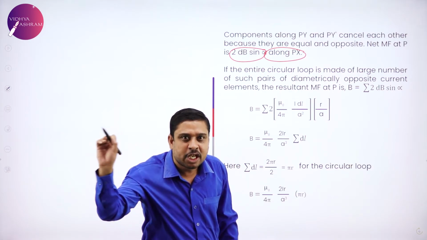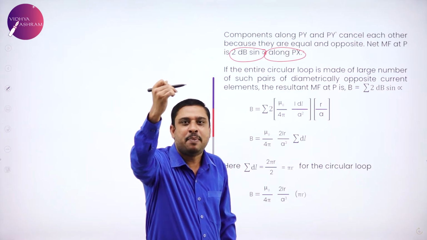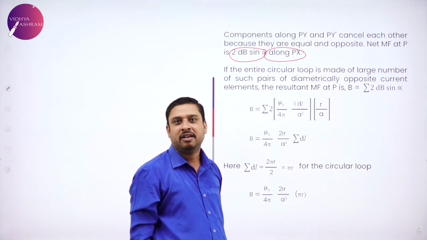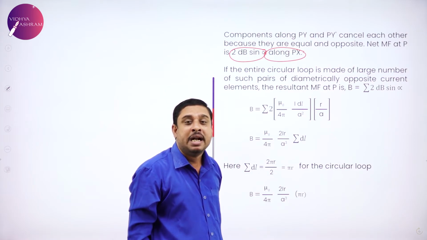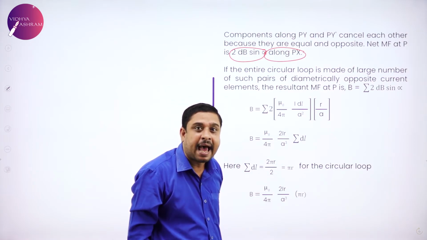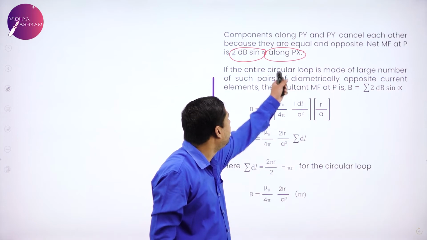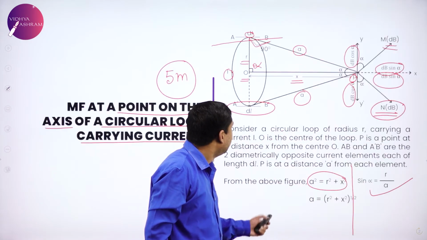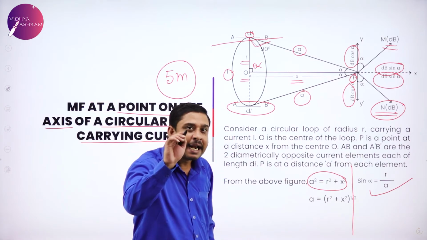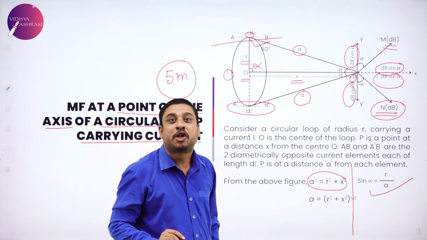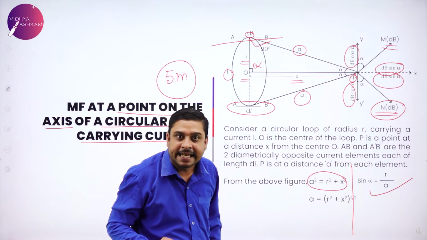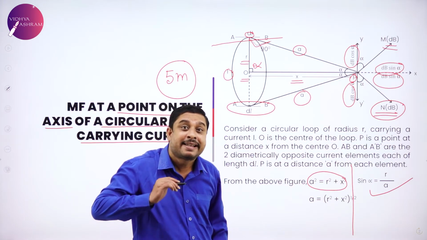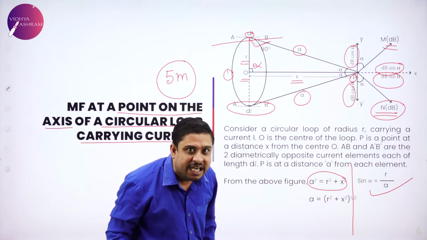In the direction Px, dB sin alpha plus dB sin alpha. So it was 2 dB sin alpha along Px. Now I have arrived at 2 dB sin alpha, which is the resultant magnetic field at P,